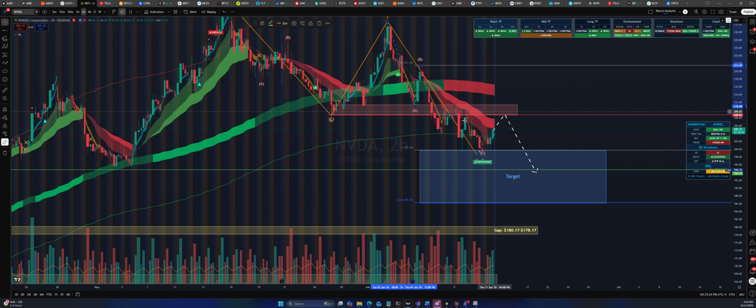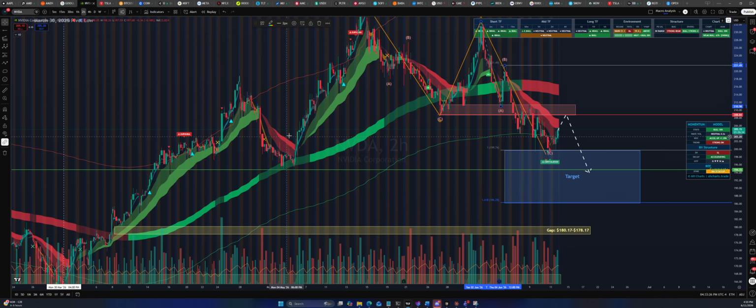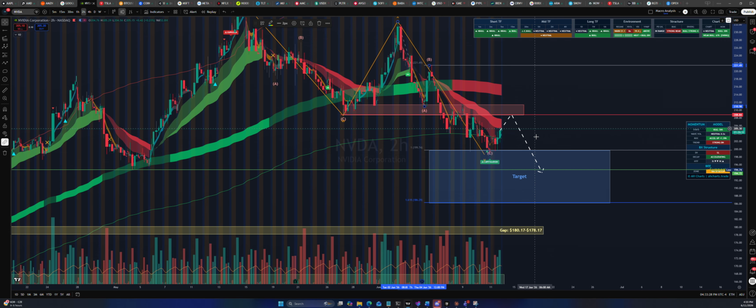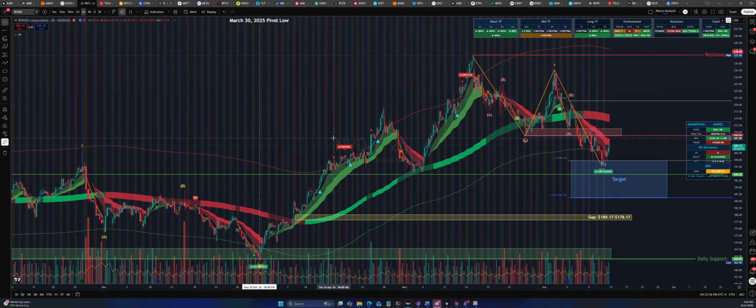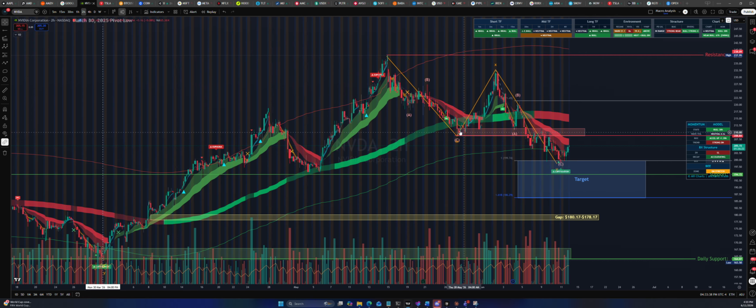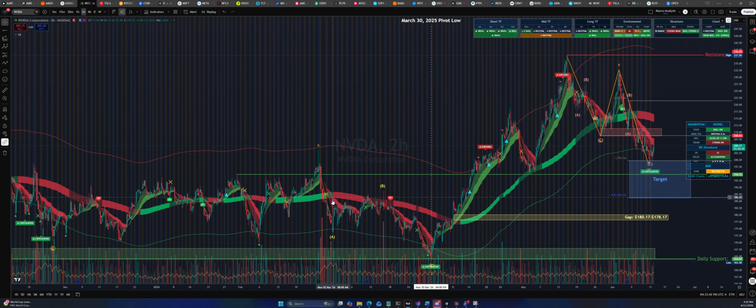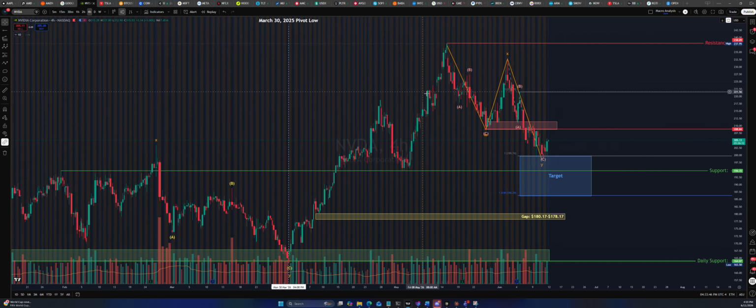But you do have an A, B, and C wave to the downside, you have a WXY, which means the correction is complete for NVIDIA. Theoretically speaking, this correction is completely over for NVIDIA. But it's still trading below a key level here, and it's trading below the band, which means you have to be careful because you continue to see rejection. On the 4 hours,